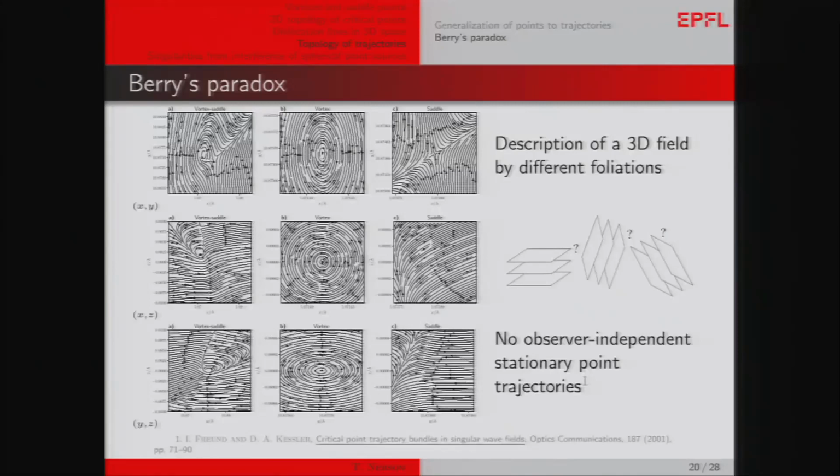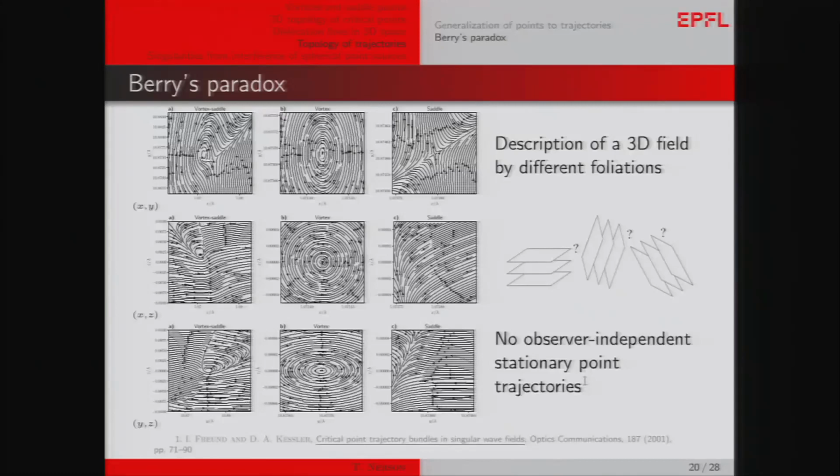So basically a foliation is just a lot of 2D planes that are all parallel altogether. So here we have a foliation, and what it says is there is no observer-independent stationary point